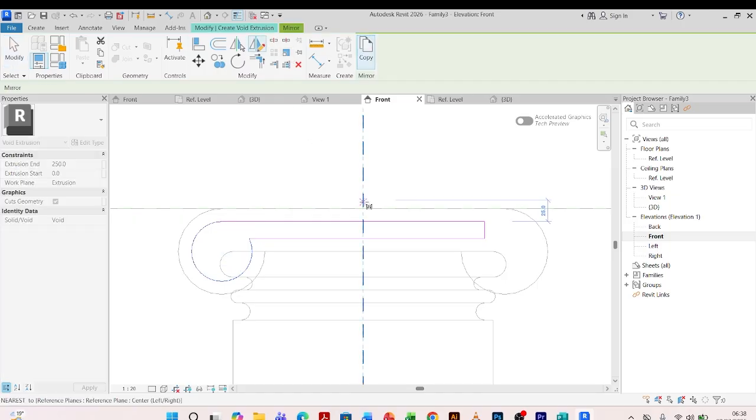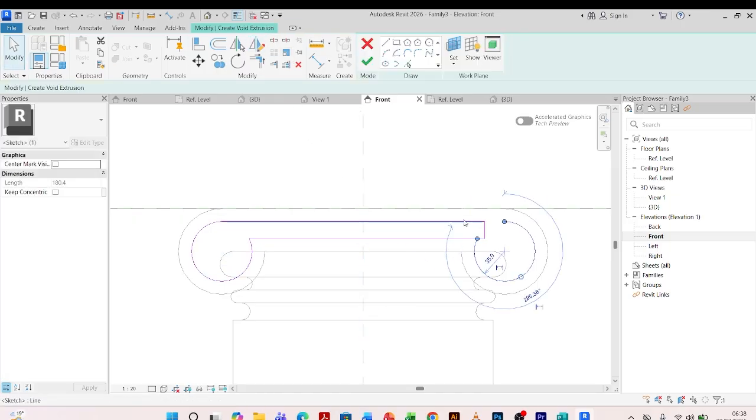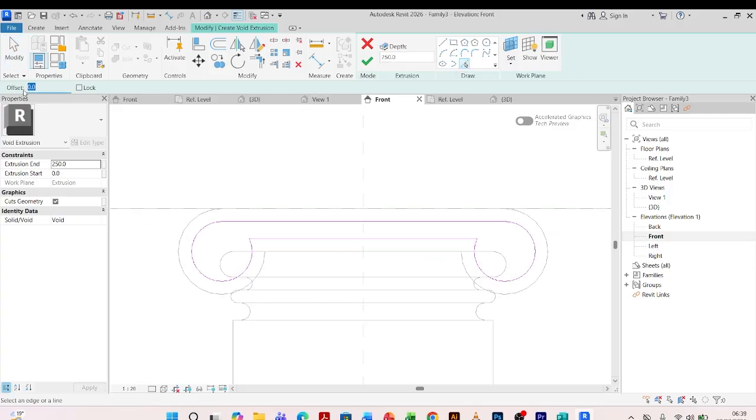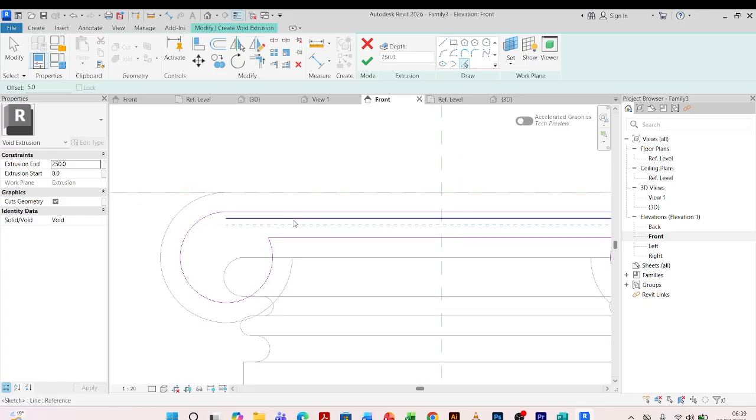Come to the mirror tool. I mirror this. Come join this to this. Join this with this. I'll delete off this. So I'll come to the pick line. I'm going to offset, let me say by 10. It's looking big. Let me say 5. I'll have that. And I'm going to